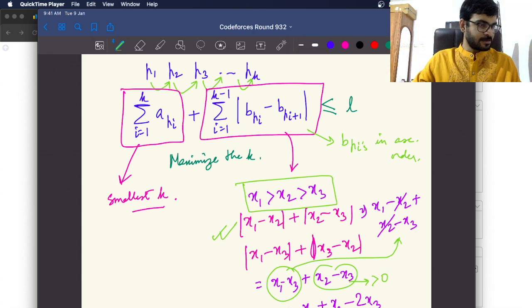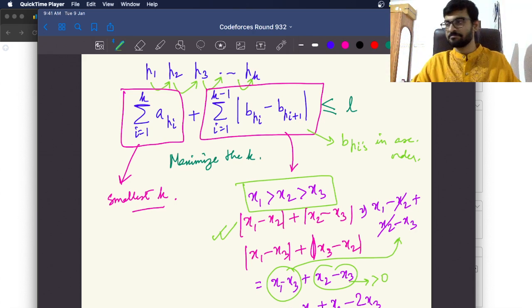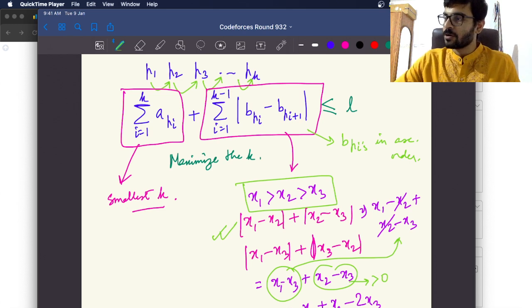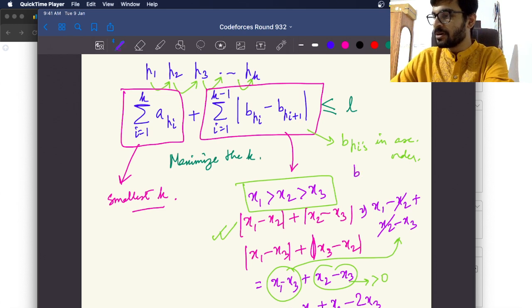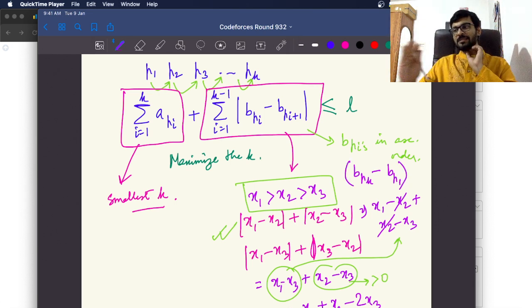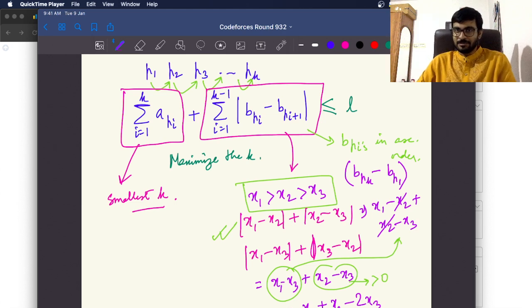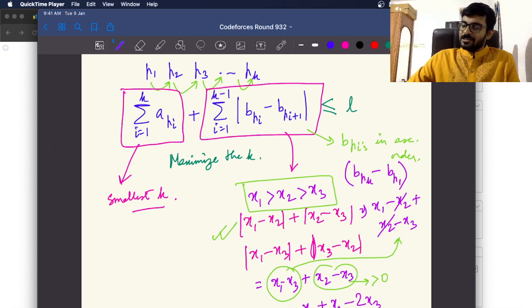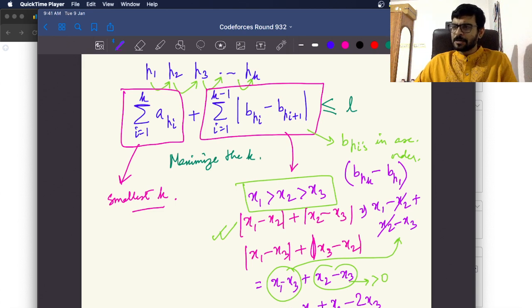All right. What next? Now, if they are in ascending order, then what will be this answer? This answer will be B of last element minus B of first element. So B of Pk minus B of P1. This will be the summation. Middle elements will all go away. They'll all deduct themselves. They'll all get cancelled, as we saw over here. x2 got cancelled. So now the question is, okay, second part depends only on what is the first and last